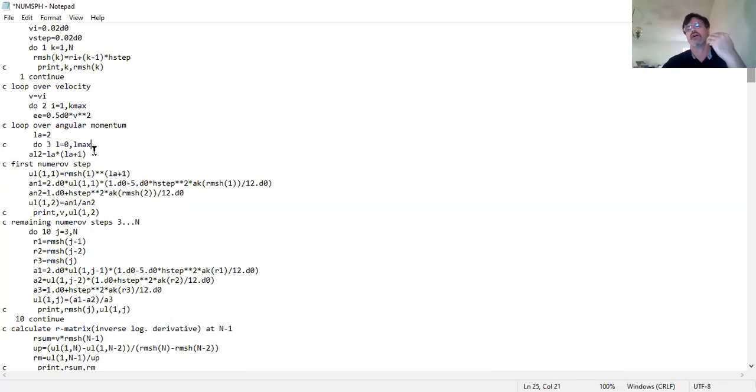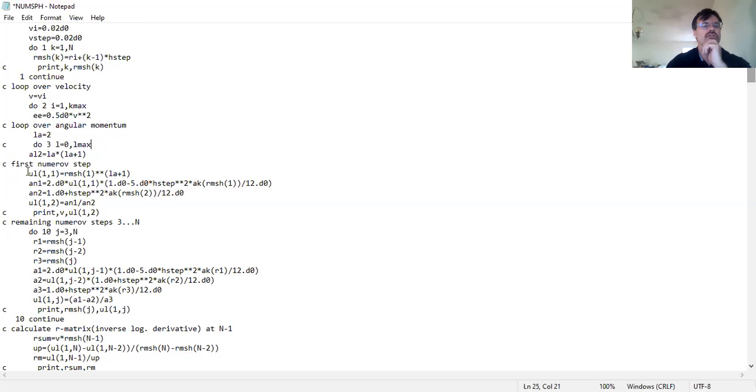Now, I've got to do my integration steps, or my steps outward, starting with the first 2 initial values at r equals 0 and r equals 0.01. I have some initial values, or some boundary conditions, I guess you could say, and I'm going to integrate out using those. And the Numerov method does this. I'm not going to go through the details of the Numerov method in this video, but all of this code right here